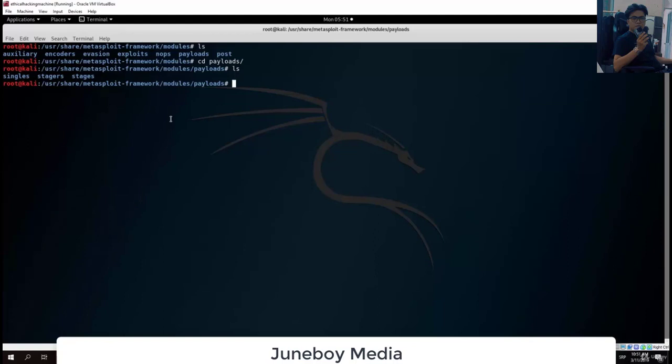Singles are smaller payloads, and they're used to perform only one action. Stagers can be used to deliver other payloads, and the stages are some of the larger payloads, pardon me. For example, the Meterpreter shell that we will use in most of our attacks. Now, what is a Meterpreter shell? That is basically a shell with a bunch of different options that we can use